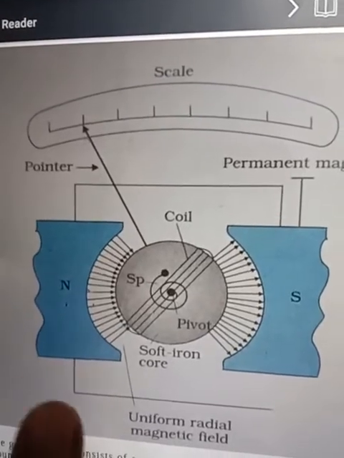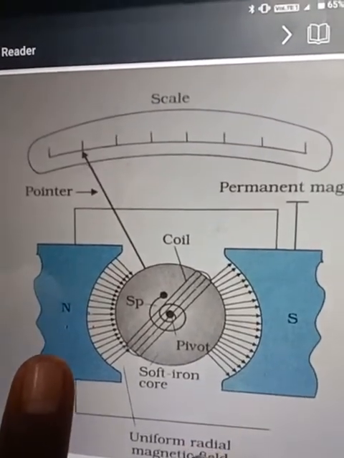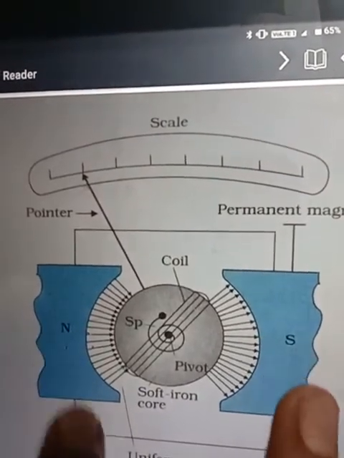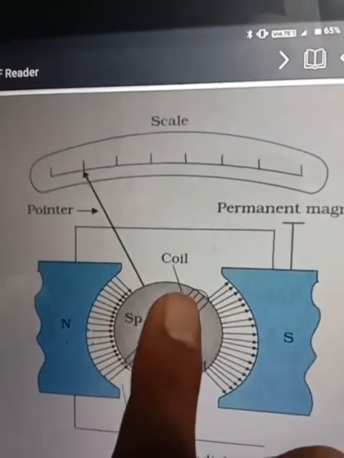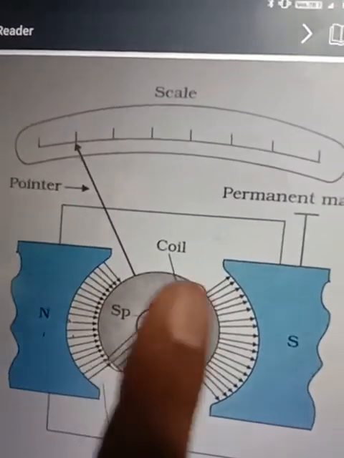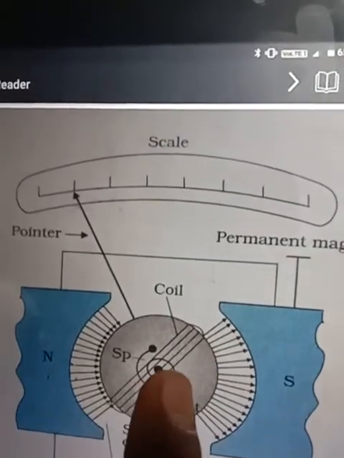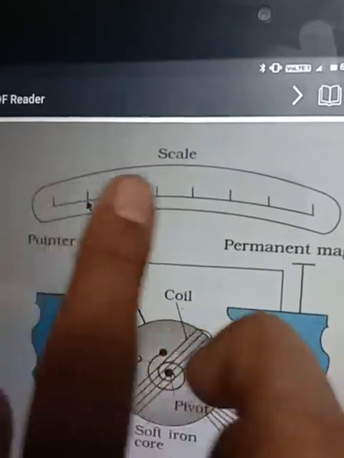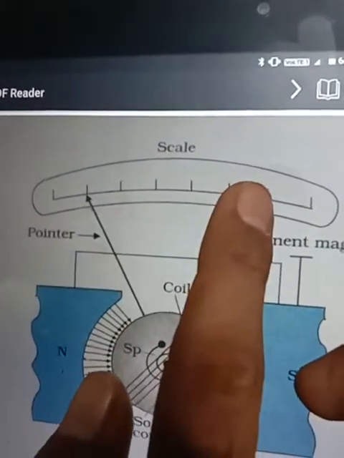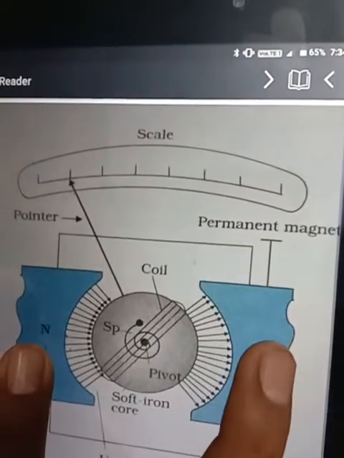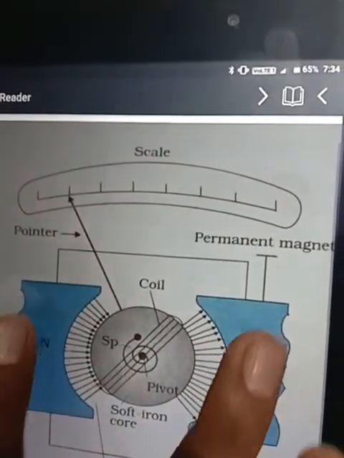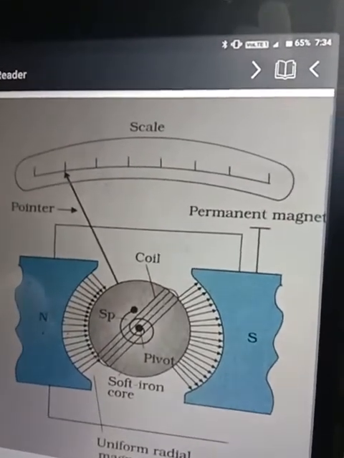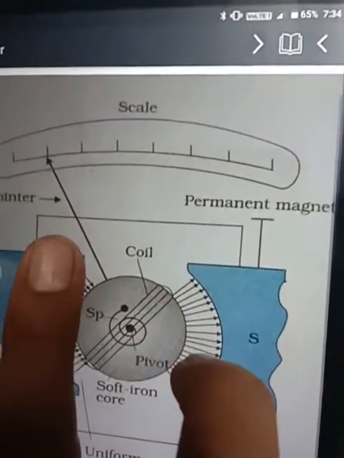Clear हो गया? तो फिर से और एक बार देख लो. This will be carrying north pole and the south pole. Horseshoe magnet is there, and in between this magnet we will be keeping a coil, rectangular coil, number of turns of the coil, and to this particular coil a pointer is connected. The pointer is connected, and the pointer will be pointing with the scale. So because of this north pole and the south pole, this is important here because it will provide the uniform radial magnetic field. And in this particular coil there will be a spring connected.